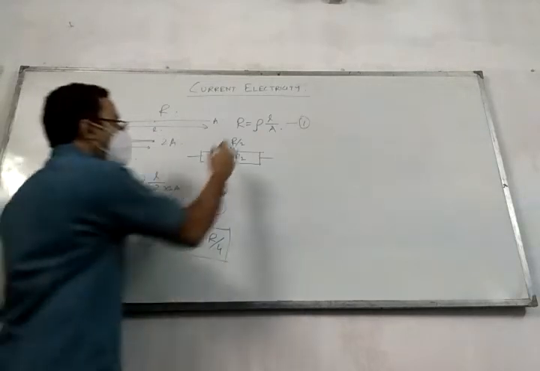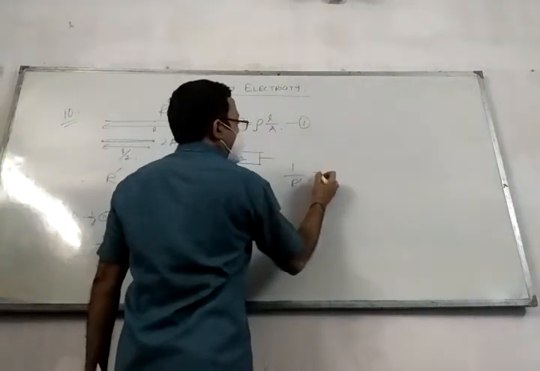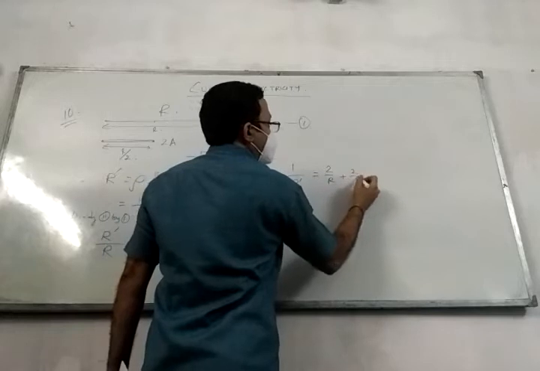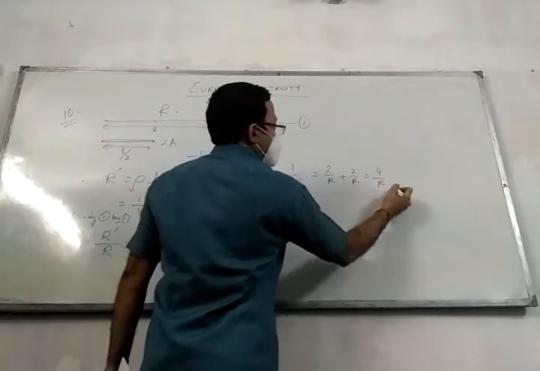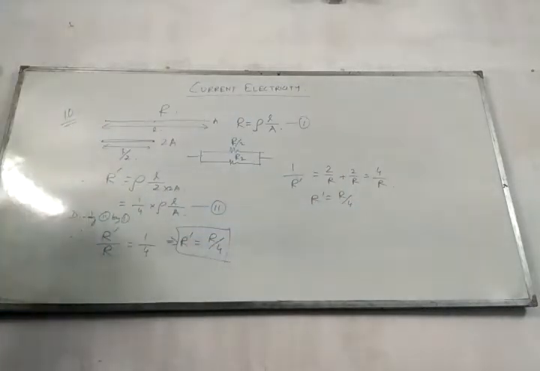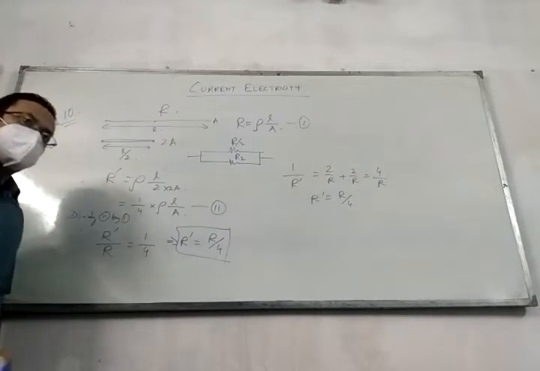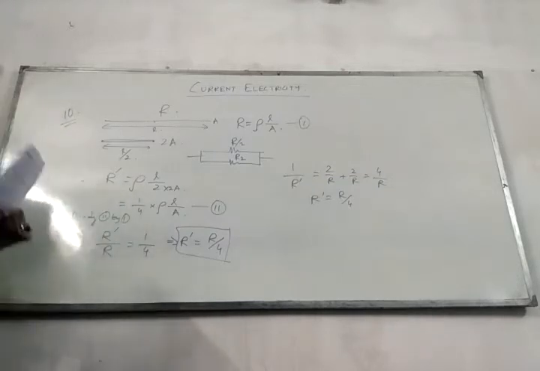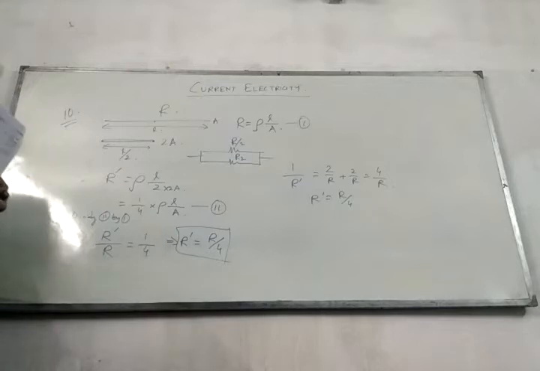right? তাহলে R by 2 parallel connect করা থাকলে 1 by R dash equal to 2 by R plus 2 by R, so R dash equal to R by 2. Just one. Could you visualize it? So wherever a wire is bent on itself, it means the resistance will become 1 by 4 times the original